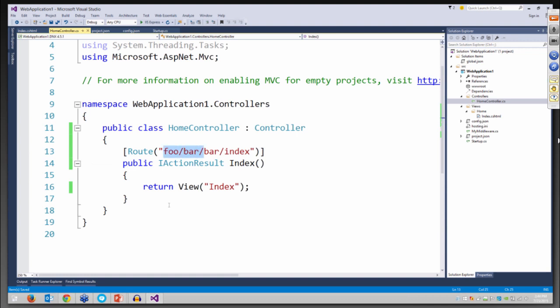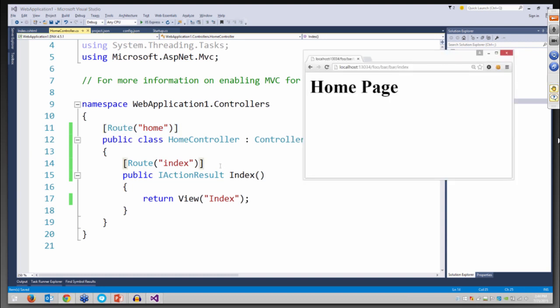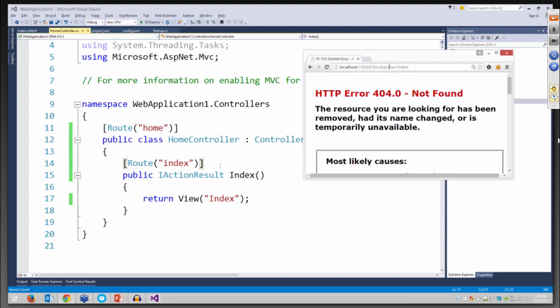One of the things about attribute routing is that you can put them at the class level as well as the action method level. There used to be something like a route prefix, and I think that's gone now. So instead, you just put the route at multiple levels in your hierarchy, and they get combined. By virtue of having a route at the class level and a route at the action method level, the request into this page is going to have to match both, so this should now fail because nothing matches that, which makes sense. And now for this to work, I need to have home/index,